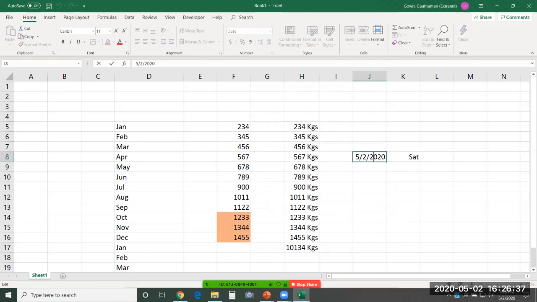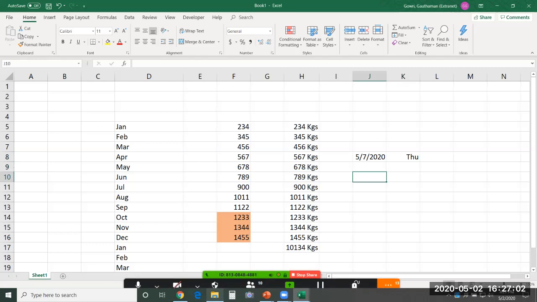So if I go and change the date over here, say I'll change it to 7, it will give me that day's weekday over here. So in the same manner, I could just display the year or month or the day part like I just did. So you can also format your timings as well in the same manner. So you will be taught all these things in the number formatting chapter.